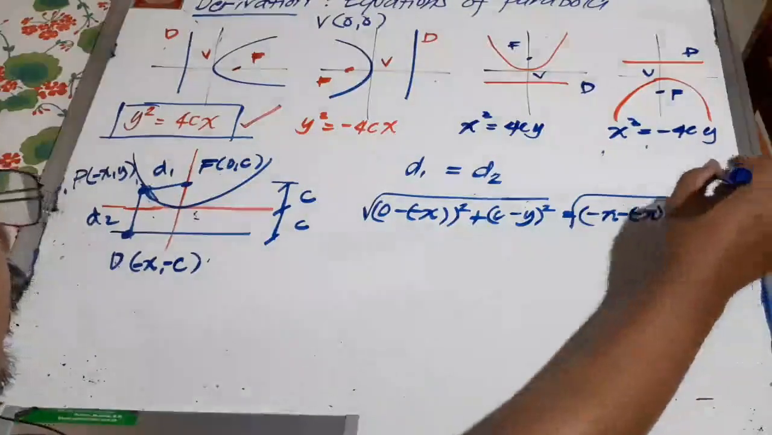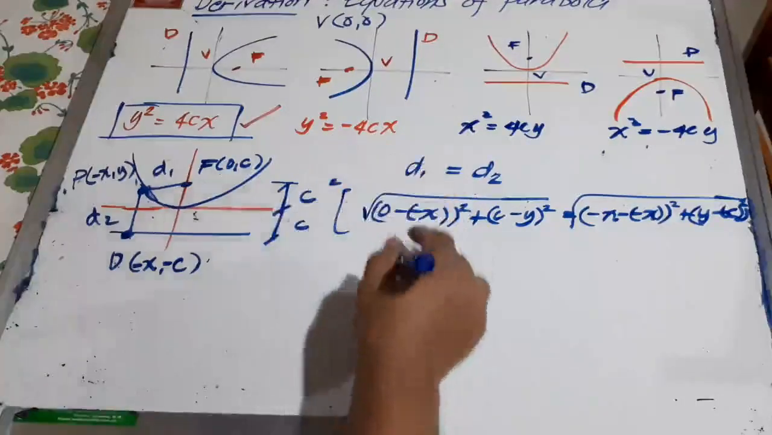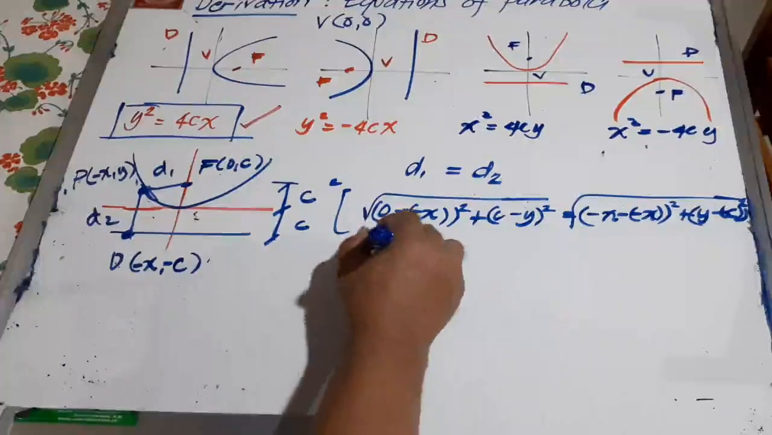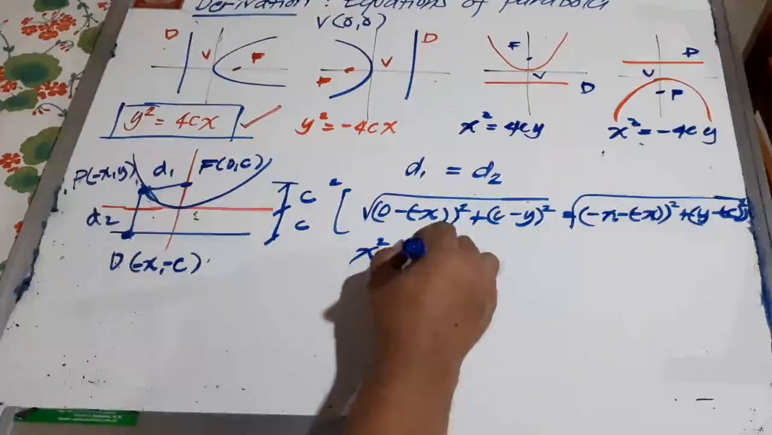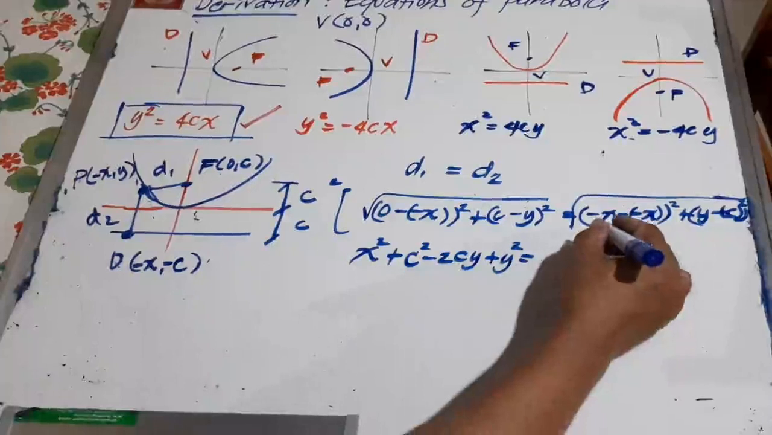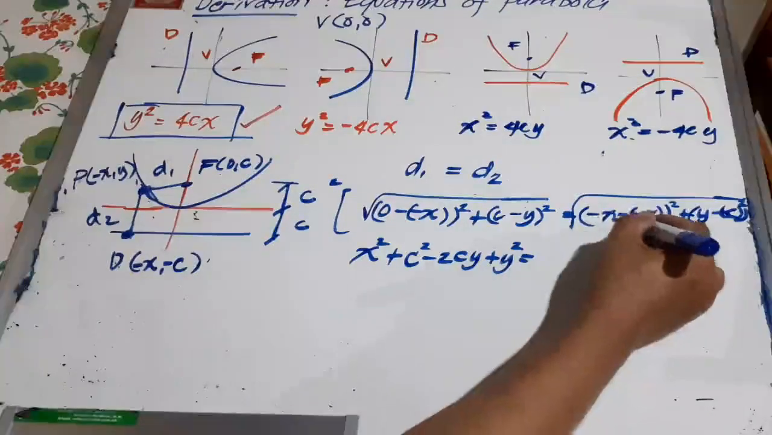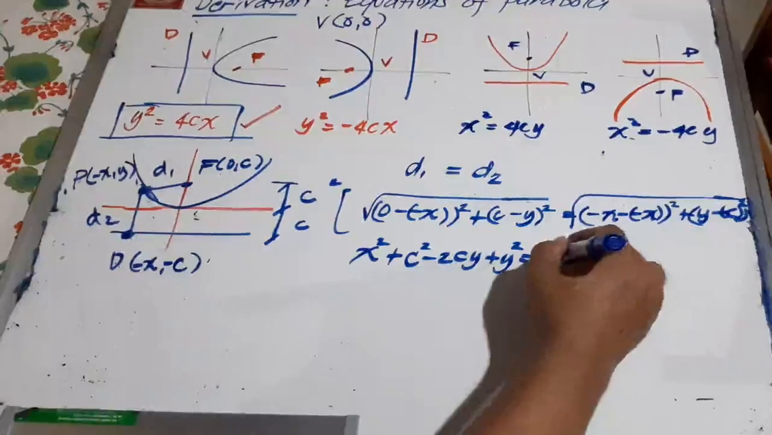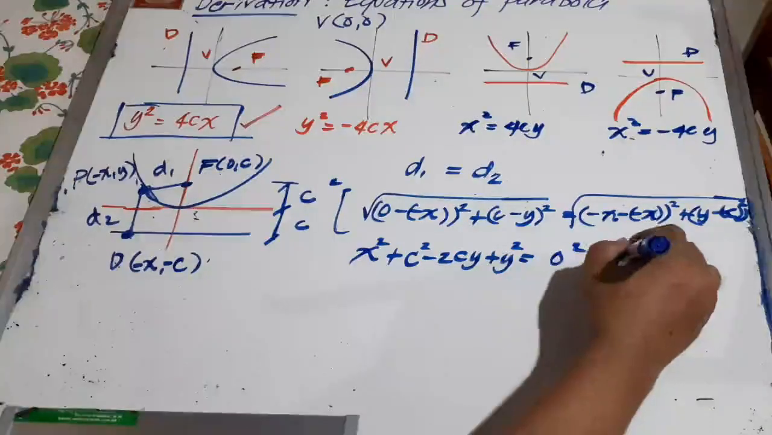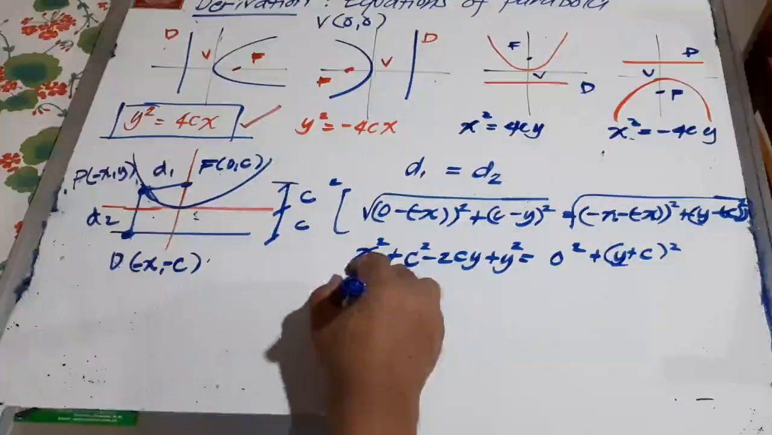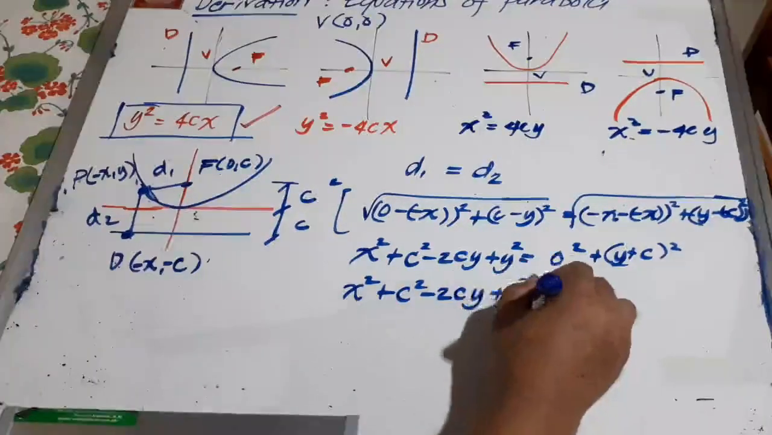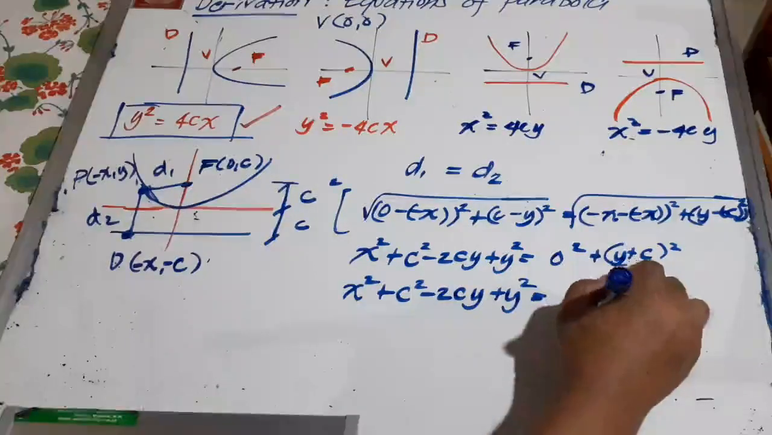Okay. Then, we square both sides to eliminate the radical symbol. So, we have negative x is x squared. This will be expand natin. We have c squared minus 2cy plus y squared equals negative, this will become positive, negative plus positive x parehas. That will be 0 squared. This will become y minus c, so that will become y plus c squared. So we have x squared plus c squared minus 2cy plus y squared equals, expand natin, y squared plus 2cy